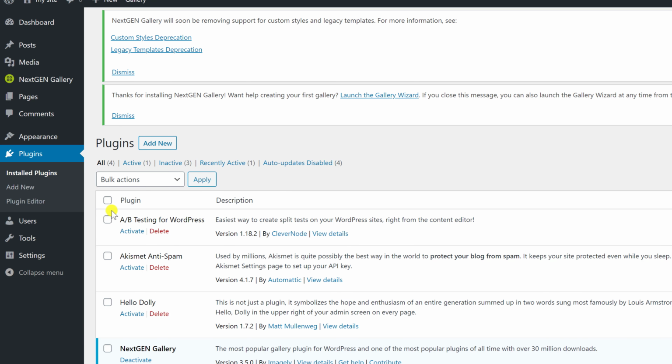In this list, find the plugin name you just added on the server. If you do not find the plugin here, it means maybe you copied the files in the wrong path. I have here the plugin I added on FTP. Click Activate. Once installed, you need to click on the Activate Plugin link to start using the plugin.